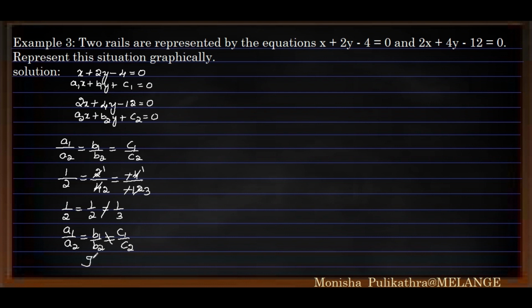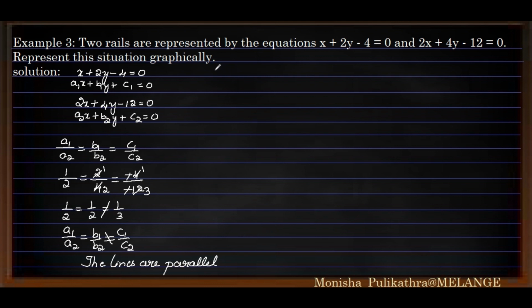Okay, here the lines are parallel. Only for intersecting lines do we have to solve the equations, that is, find the values of x and y. In the rest of the cases, parallel or coincident lines, we need not solve the equations completely, but we have to find the points of them. Here parallel means we get two separate lines.